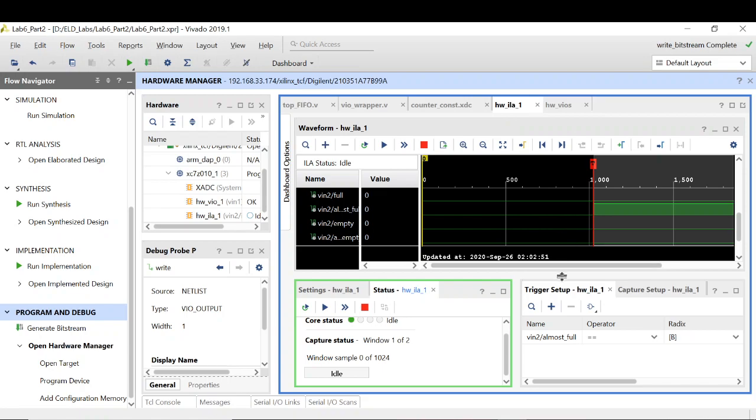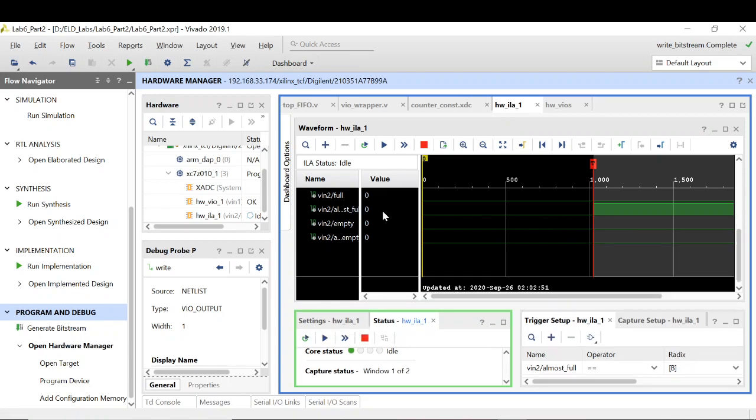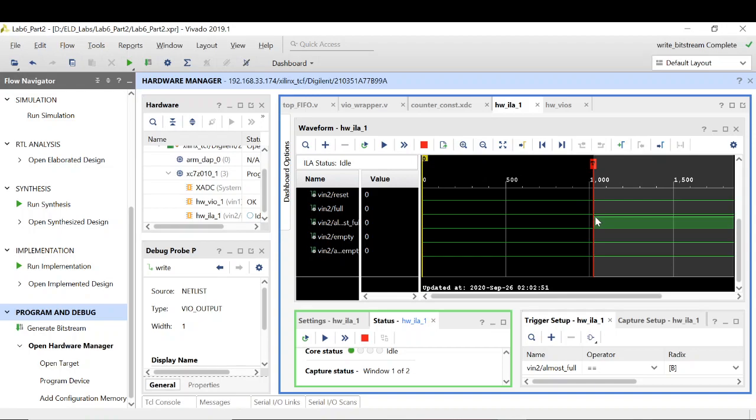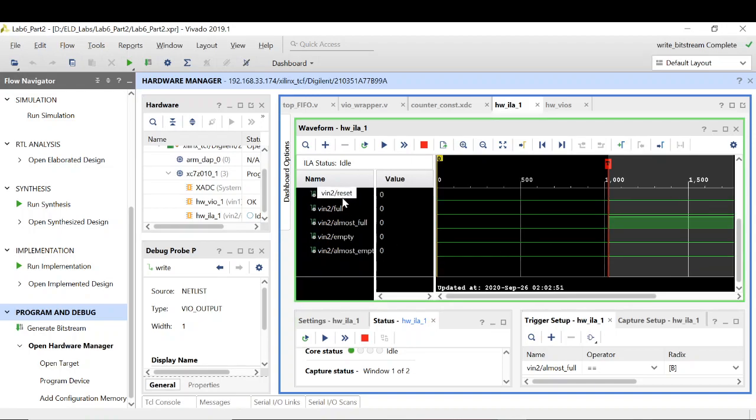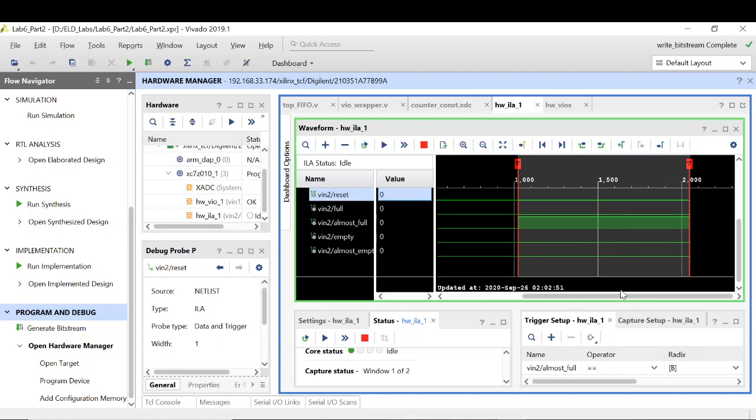So now you can see at this particular time my almost underscore full goes high. Right now you can see there are two different windows. So earlier what used to happen is I used to have only this one trigger event at which the trigger was happening.